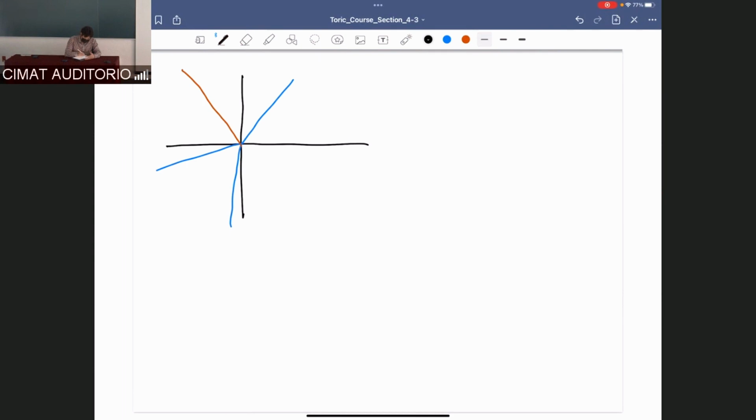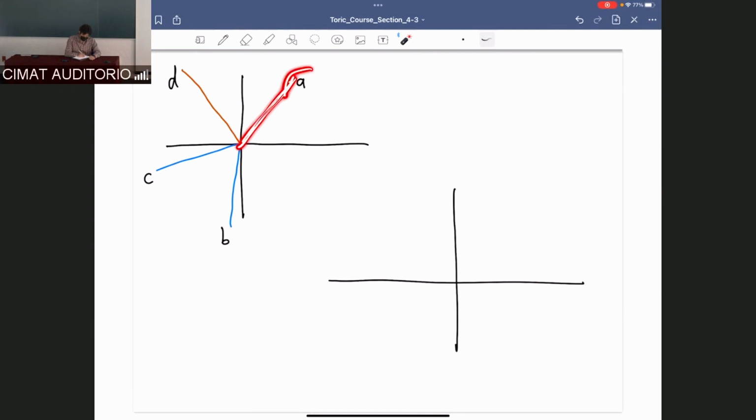So a divisor would be read off kind of like this. Put a coefficient A on this one, a coefficient B on this one. Let me put the orange last. A coefficient C on this one, and the coefficient D on this one. So what is happening? If I am looking at my polytope, the polytope is the intersection of the half spaces corresponding